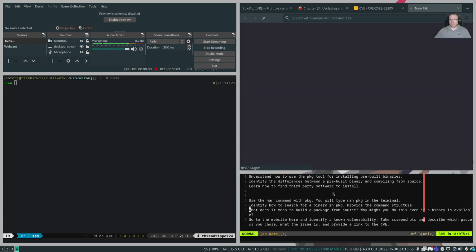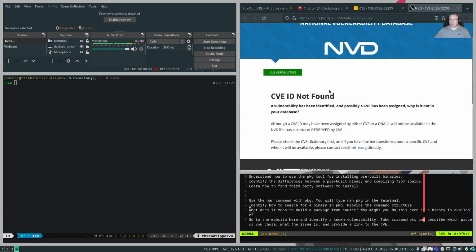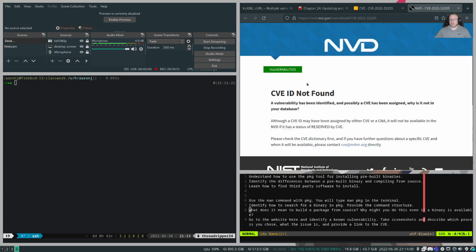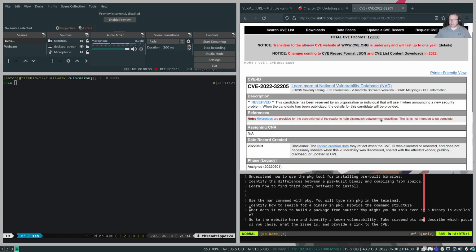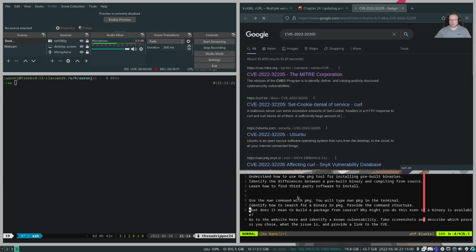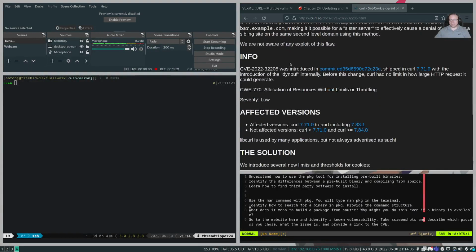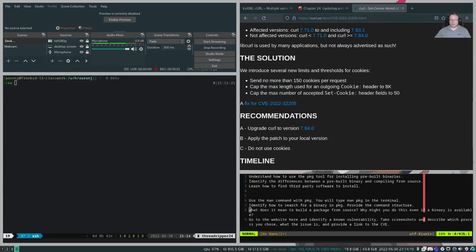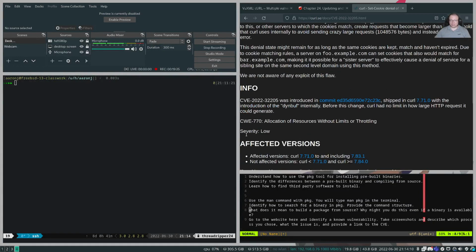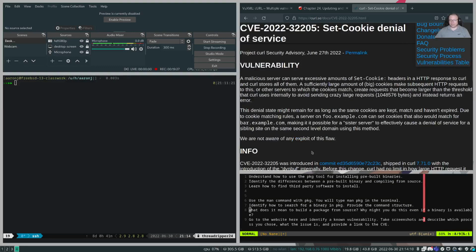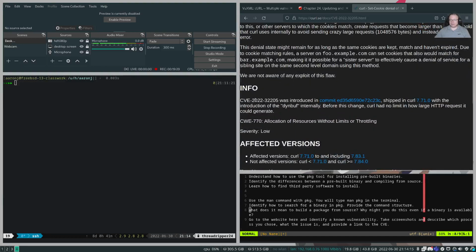You can look at some of these databases, like this is NIST. That one has not been registered at NIST yet. That's interesting. Come down here to curl.se, which is their web page, and we can see all of the information, solutions, recommendations, info about the issue. You can even see the CVE